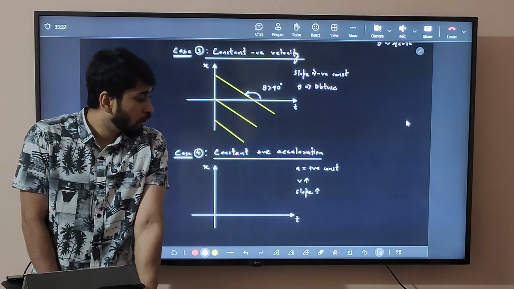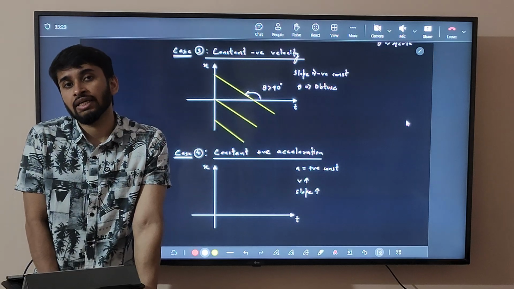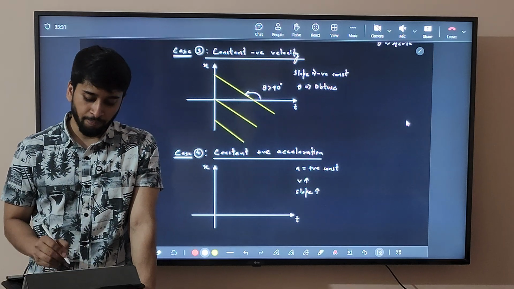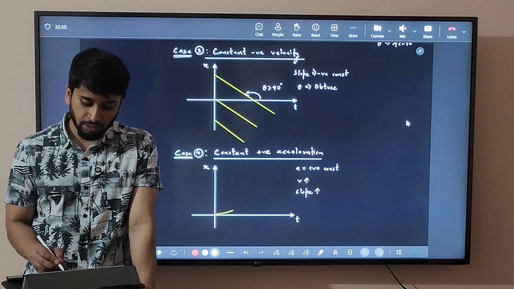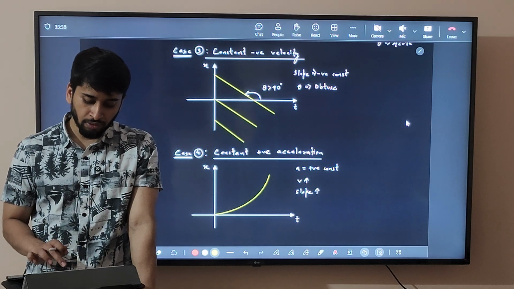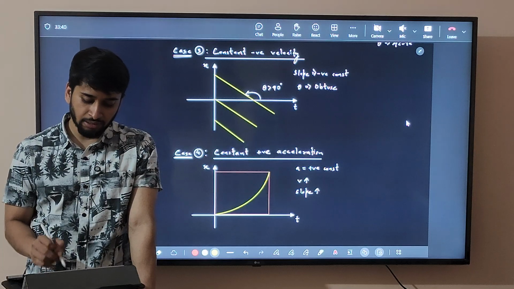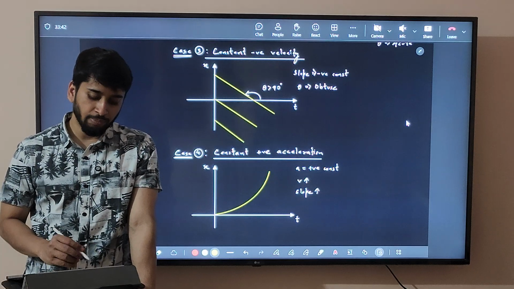So for the slope to increase at a constant rate, the graph comes out to be an upward parabola. Okay, so if the slope is increasing at a constant rate, then the graph will be an upward parabola. Fine, that is how the graph will be. It will be an upward